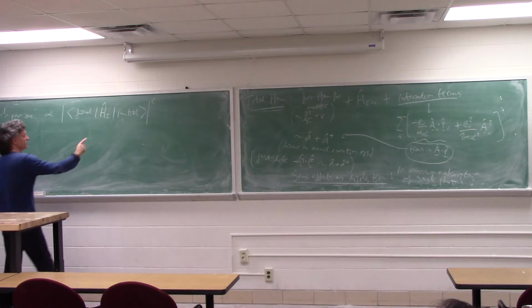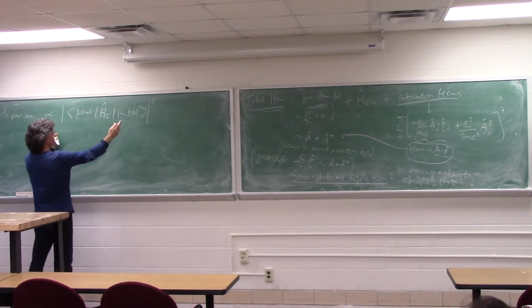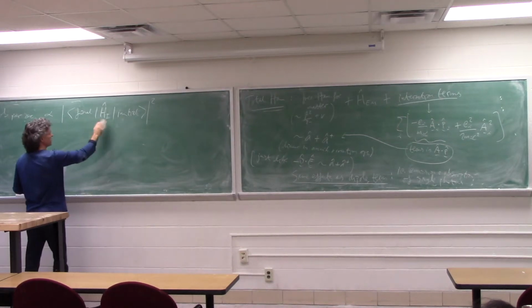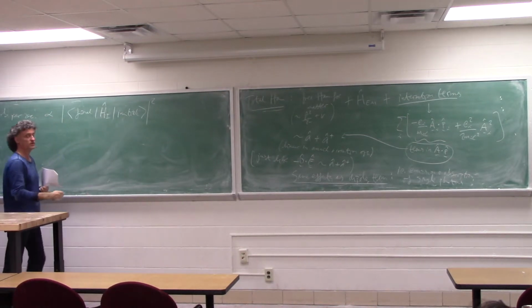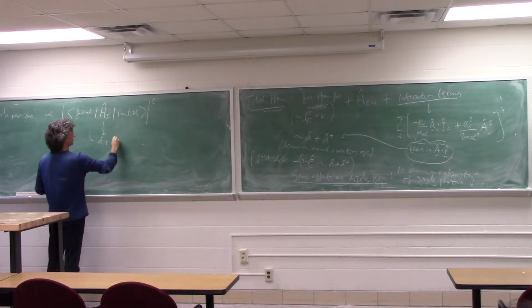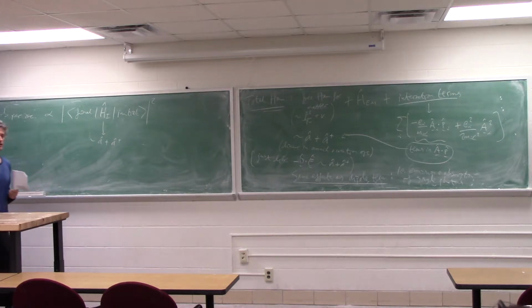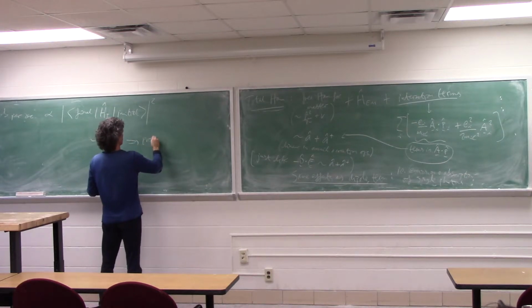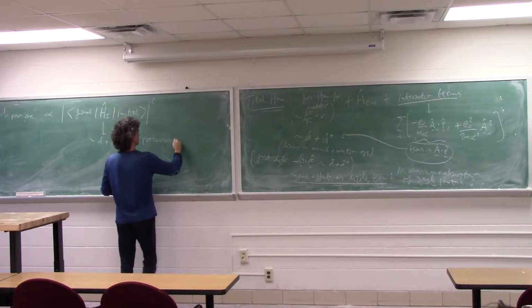There's a delta function, there's a factor, but let's just look at the matrix element squared. There's the initial state, the final state, and the matrix element, where this is the interaction Hamiltonian. If this is linear in a and a dagger, then you see it implies that processes are possible